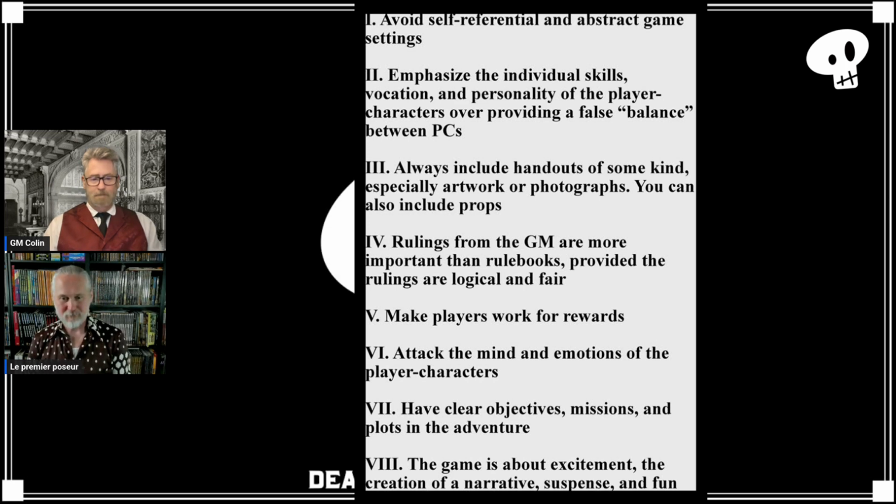So, indeed. Sure. And number 6 here, this is a big one. I think this is something that's really neglected in a lot of games that aren't Call of Cthulhu, right? Attack the mind and emotions of the player characters. So this is a GM tip. The box set for Ravenloft that was released in 1990 had horror rules. You could have horror checks. Obviously, Call of Cthulhu has sanity checks. I think Ghost Unbidden or maybe Ghost Stories, one of those games also has dementia.